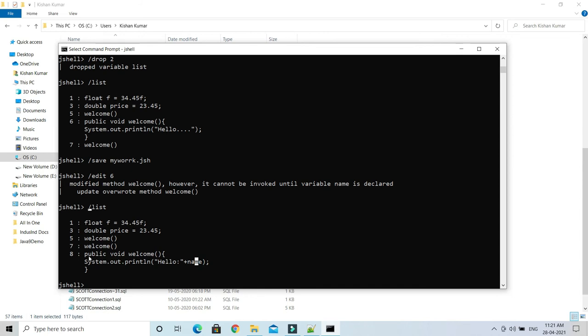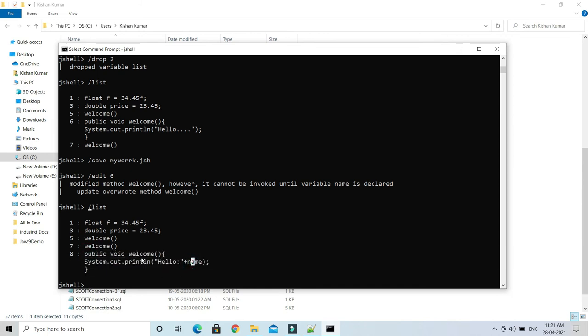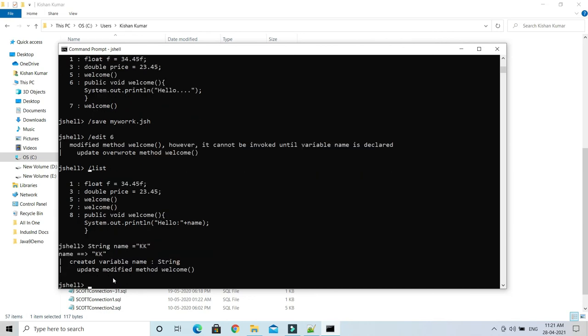Before invoking this method, please initialize this name variable and then try to invoke the method. So what I'll do: String name = "kk". Simply initialize this variable on the JSL terminal itself, and after that it says created variable name: String, update modified method welcome.